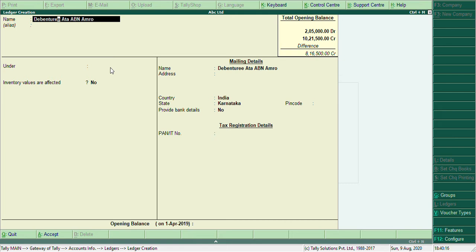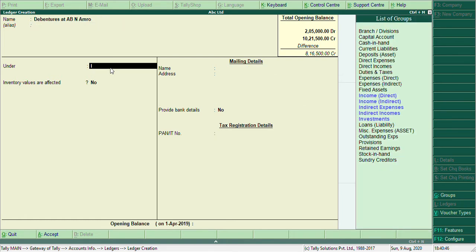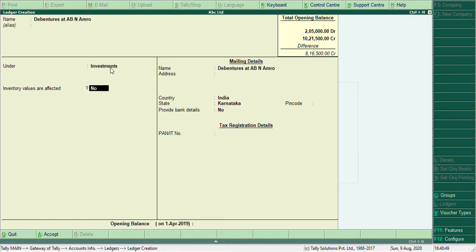No, because debentures are investments, so it will be under the group of investments. Opening balance of 30,000.